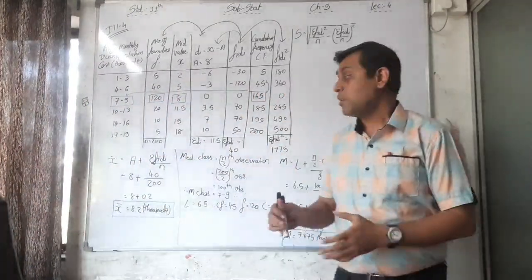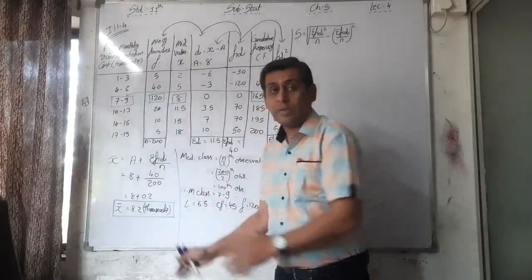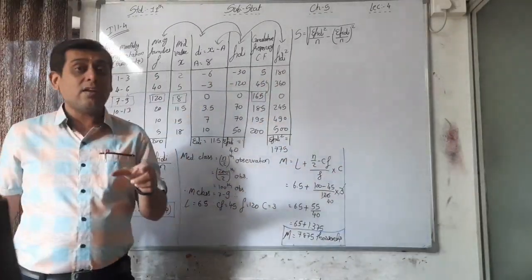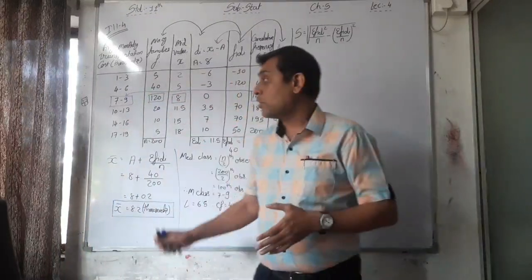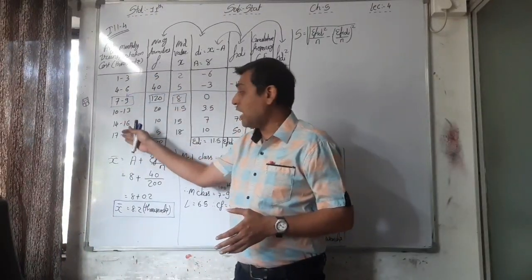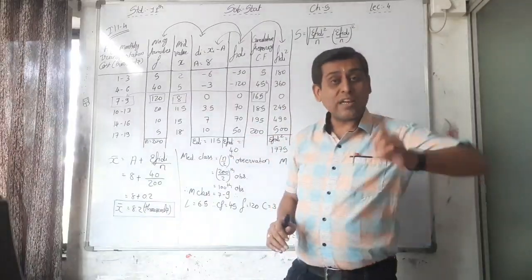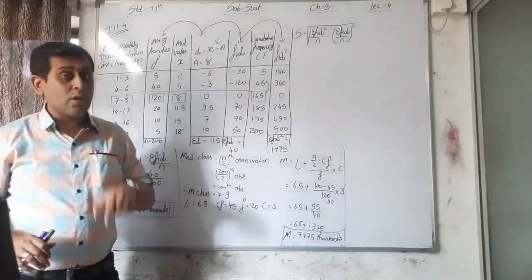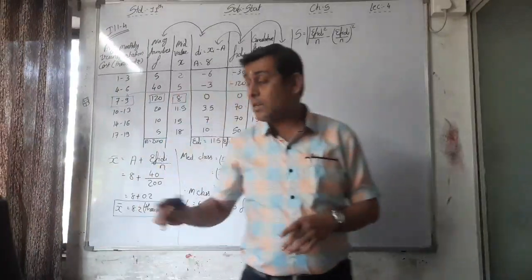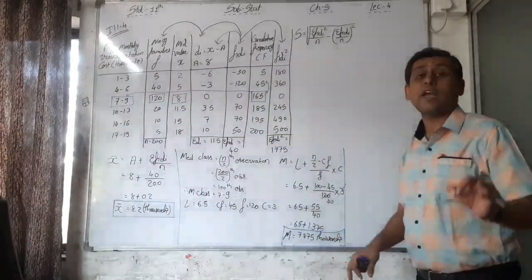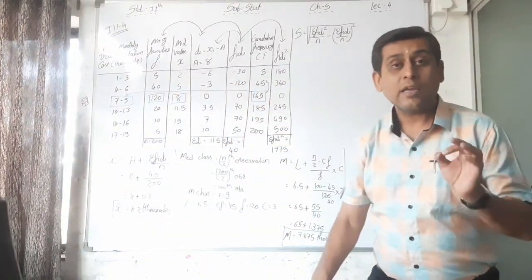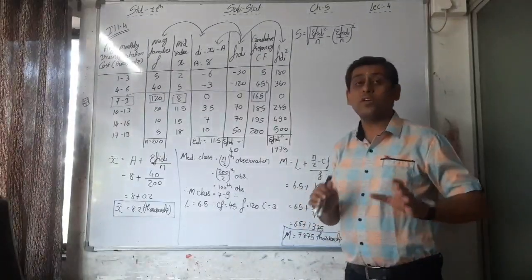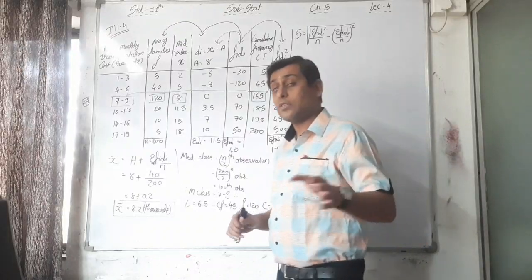not in mean, not in standard deviation. Why? Because in the standard deviation or in the mean, not any one class is there, and here the situation is that the difference of each and every class is not equal, and that's why we can say mode is ill-defined. So here again in the mean as well as in the standard deviation we cannot use the formula into C. Here we have to use the simple formula without C.